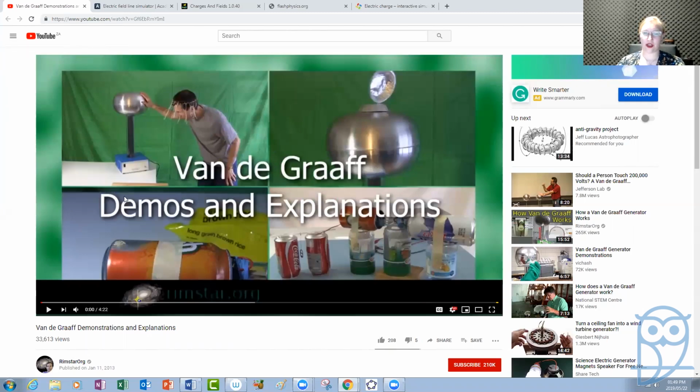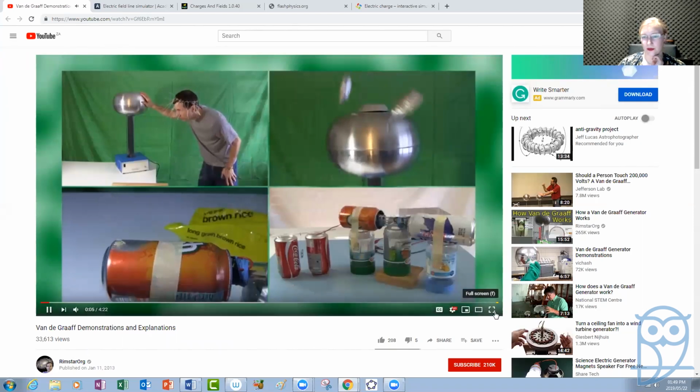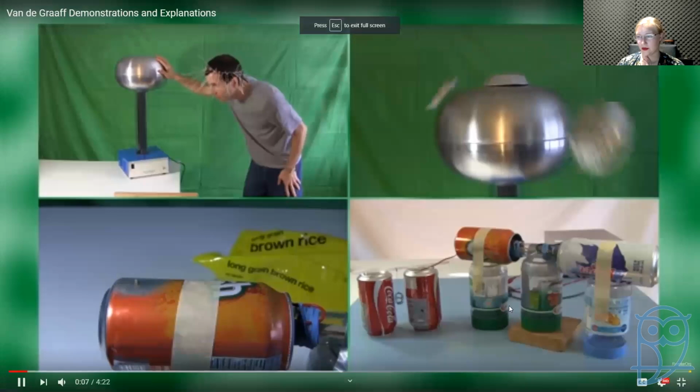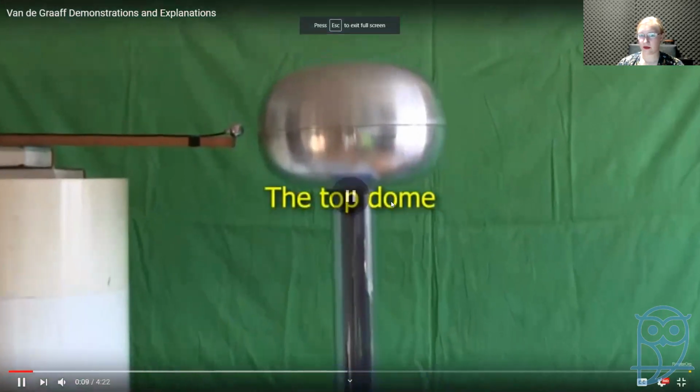A Van de Graaff generator is a way of making lots of static electricity. So he explains it fairly well. Generator demonstrations. So here we go. Explain how they work too. So here's the inside scoop. The thing that all these demonstrations